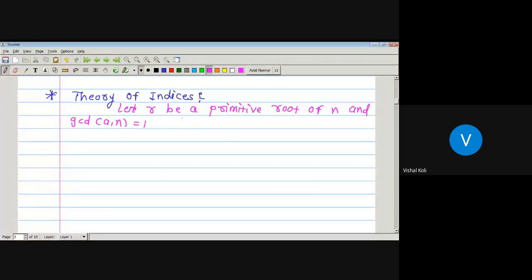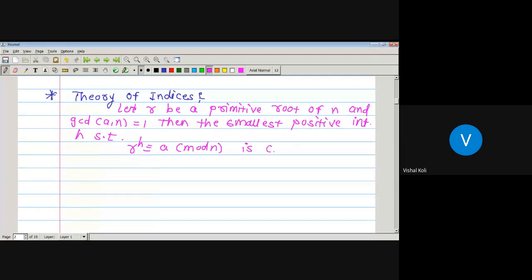That is, r is a primitive root of n and a be any integer which is relatively prime to n. Then the smallest positive integer h, the smallest positive integer h such that r to the power h is congruent to a modulo n